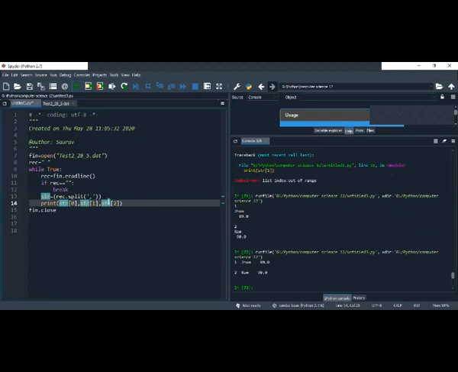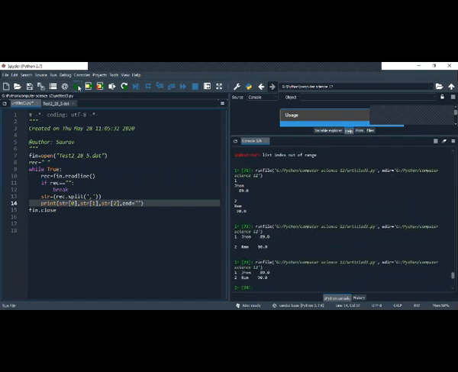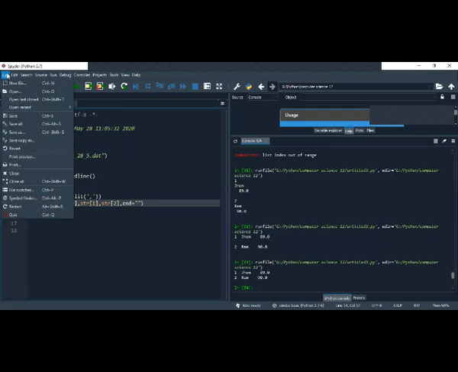Now, if you want to remove the two lines coming, then simply you need to write end equal to space. Is it clear now? How to access each line? Yes, sir. Clear? Okay. Now let us go back to the previous one.